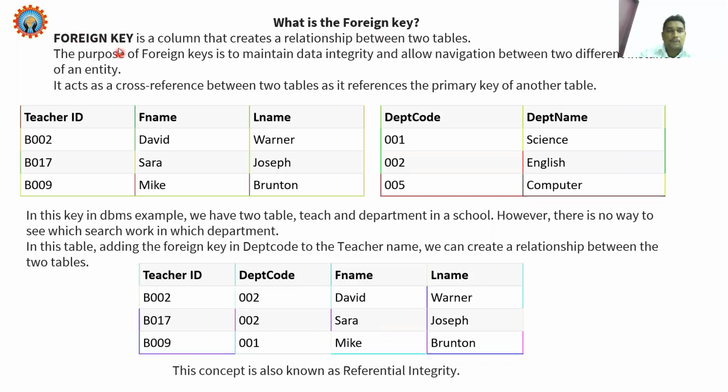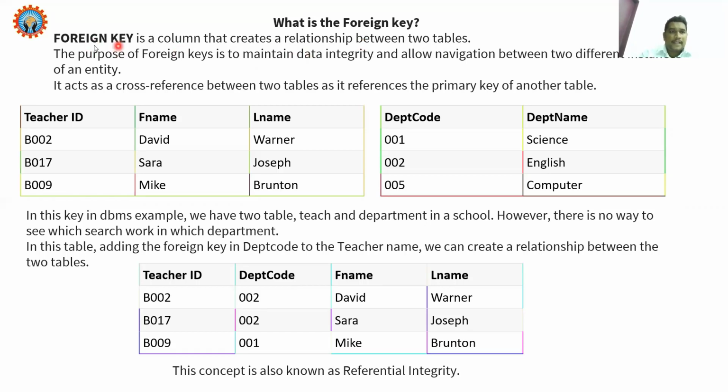So up to now we discussed various key constraints which are used to identify important aspects in one table. But a foreign key constraint is a column that creates a relationship between two tables. Up to now, the constraints we discussed are based on only one table.